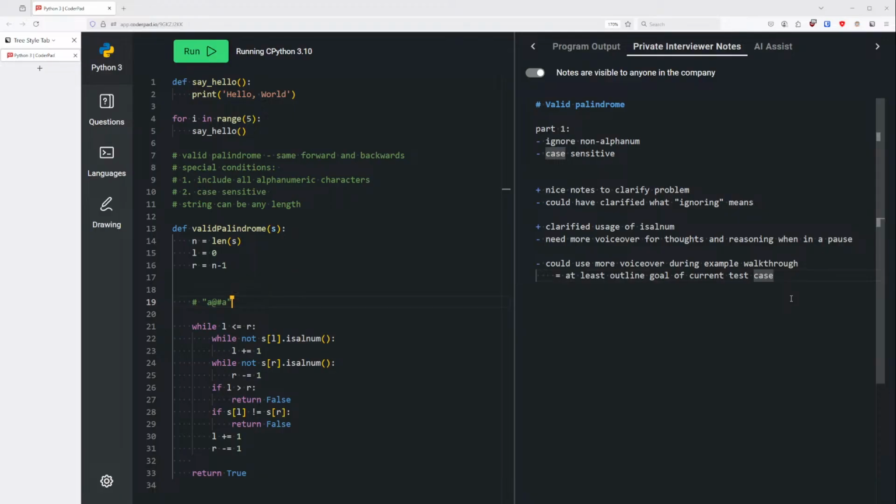Okay, so let's see. If A and A, this is fine. They're not the same, so I increment and decrement them. And then while it's not, this tries to move up, this moves down. So now this isn't true, so it returns false. Oh, that's a problem. I wanted to ignore it, but then